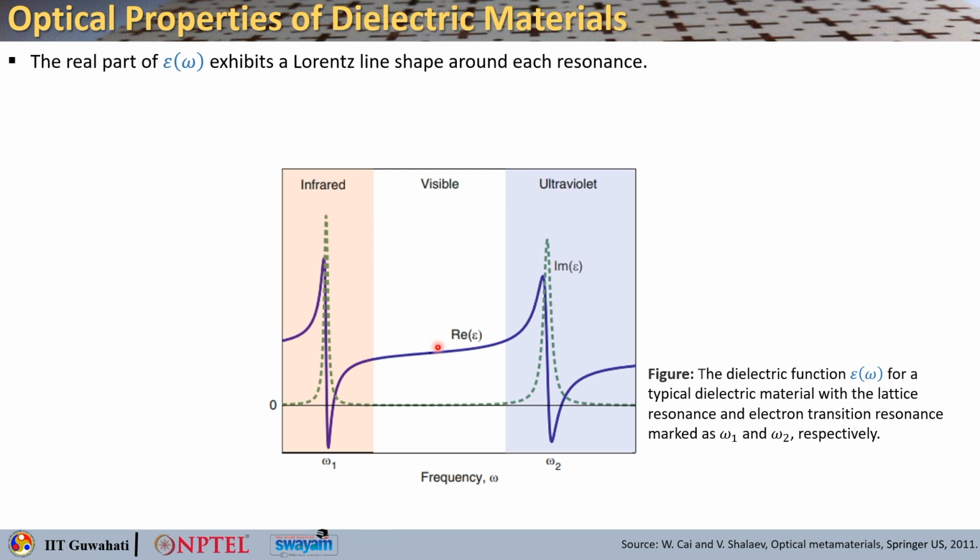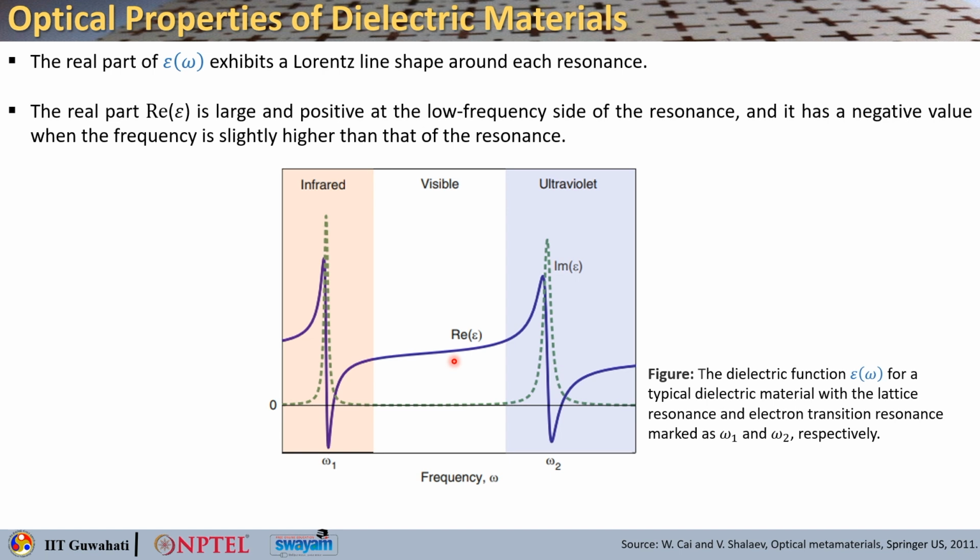of the permittivity, which is plotted in blue, typically exhibits a Lorentz line shape around each resonance. So, you can see there is a resonance in the infrared and also in the blue wavelength range. So, this is higher energy, this is lower energy. So, you can say this is longer wavelength and this is shorter wavelength, and in between this ultraviolet and infrared lies a